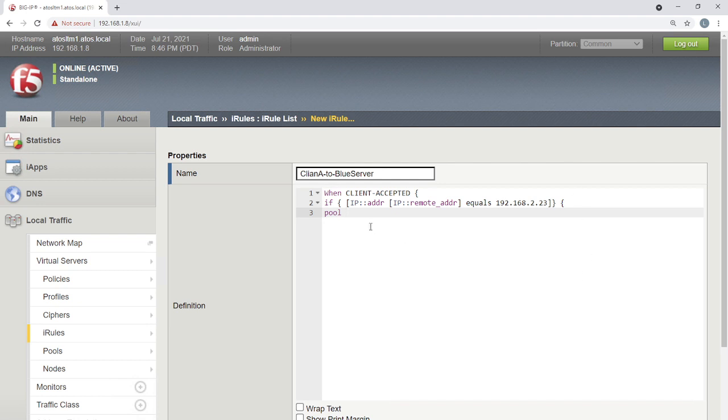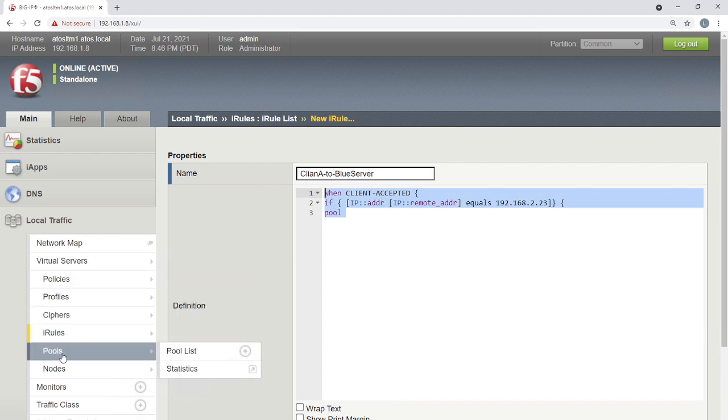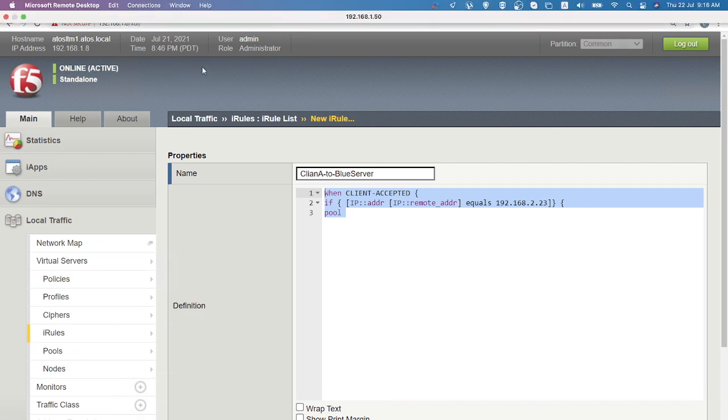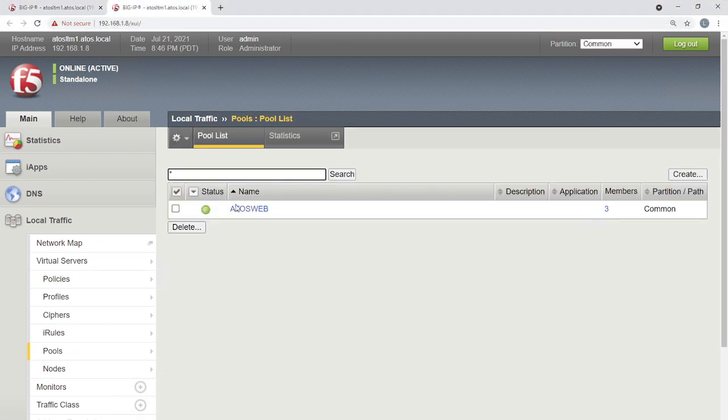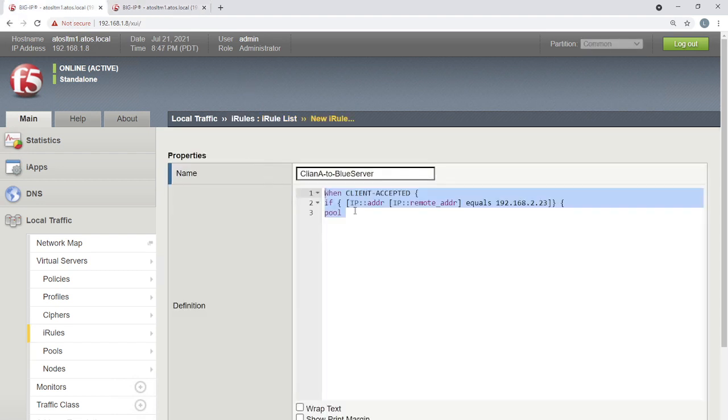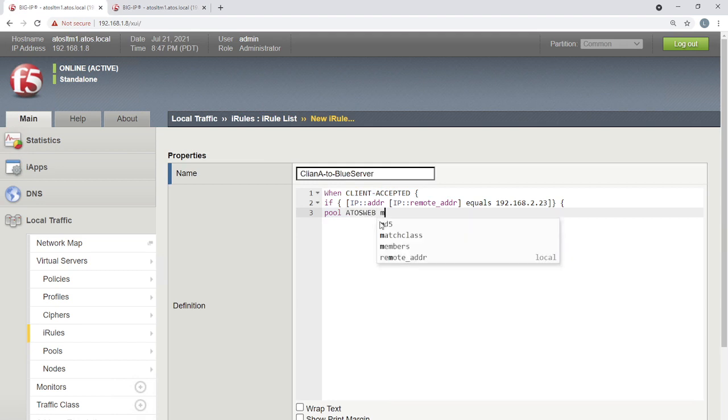Okay, let me open up this one in a different tab altogether. Let's check it out. What is the name of the pool? Atos Web. That is the name of the pool. The pool which I am going to be referring is Atos Web. Within that, I would like to refer the member.